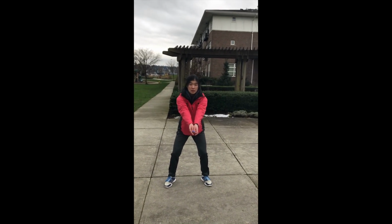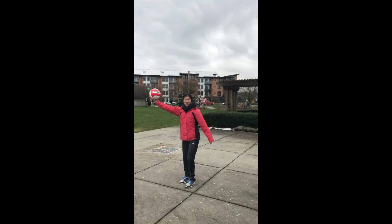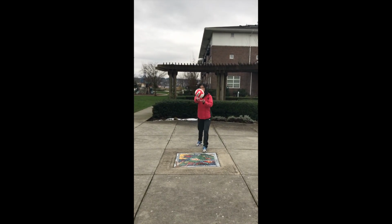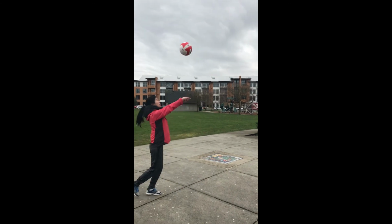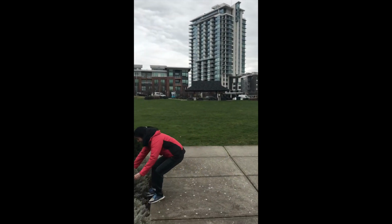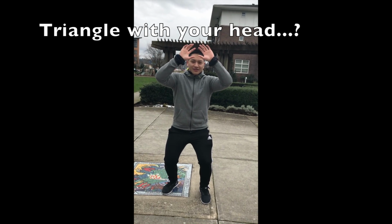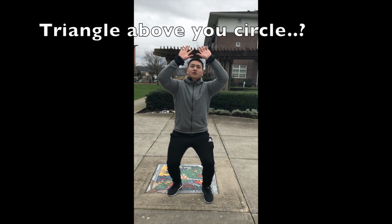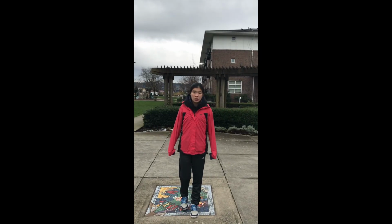So when the ball comes, okay. If you drop the ball, try again. Make sure you form a triangle with your head, arms up, and fingers flex. Make sure you form a triangle above your circle. Up. 3, 2. So when the ball comes, okay. To funnel the ball to